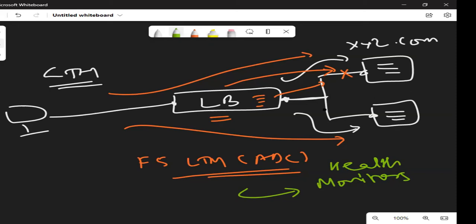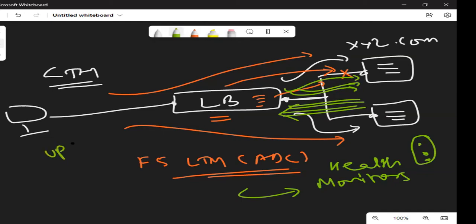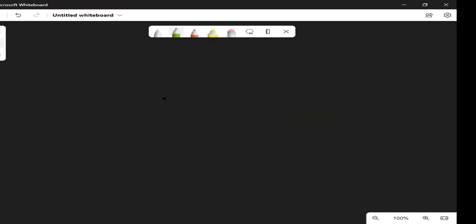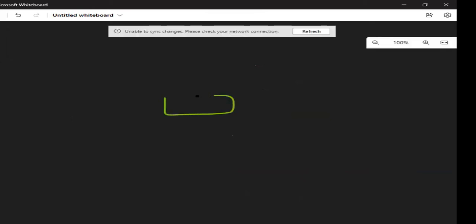A health monitor is nothing but some kind of mechanism. Again, a health monitor can be of multiple types. We will learn using the lab also. But we are actively probing, sending some probe, okay? And these probes give me answers telling me whether the end device is up or down. And since it is not a typical load balancer,